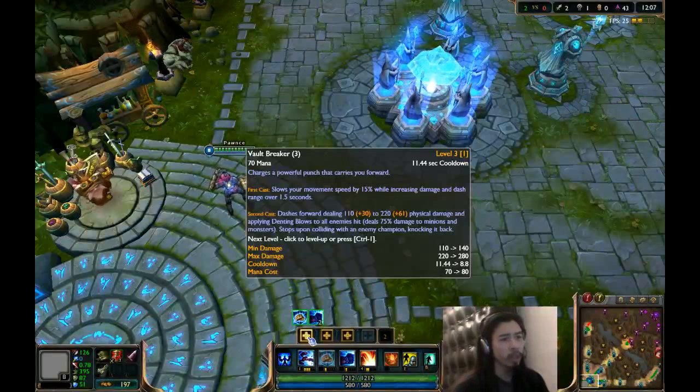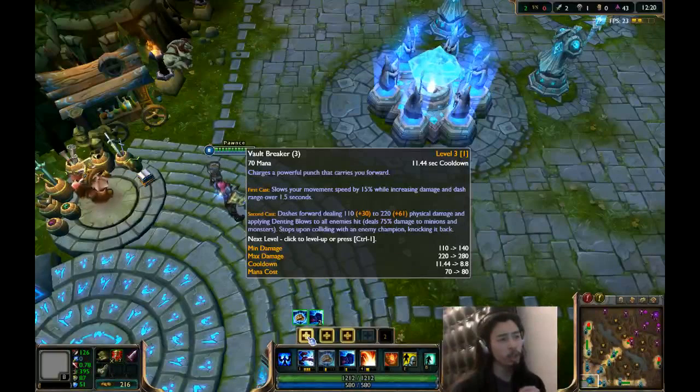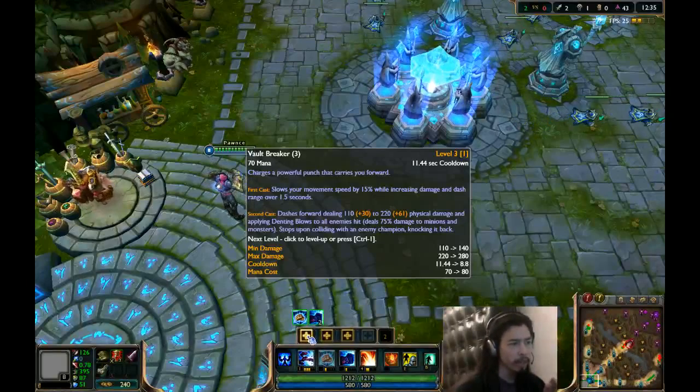Vault Breaker costs, well, I have it to level 3 right now. It costs 70 mana at this point. Charges a powerful punch that carries you forward. First cast slows your movement by 15% while increasing damage and dash range over 1.5 seconds. On the second cast, dashes forward dealing 110 plus bonus damage to 220 plus bonus damage, physical damage. Looks like the ratios range from 0.25 to...